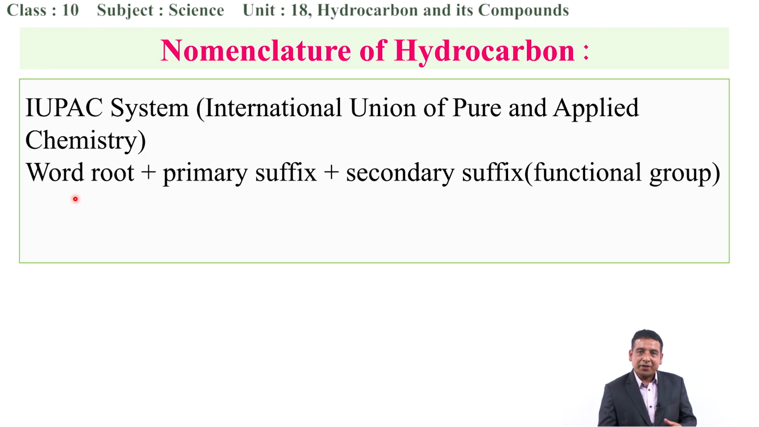So at first, what does the word root refer to? What does the primary suffix refer to, and what does the secondary suffix refer to? First of all, we have to know this. So, for this understanding, we are talking about the system of writing the names of hydrocarbons. So, word root: I am saying that word root refers to the number of carbon atoms present in the hydrocarbon. For example, you can see here